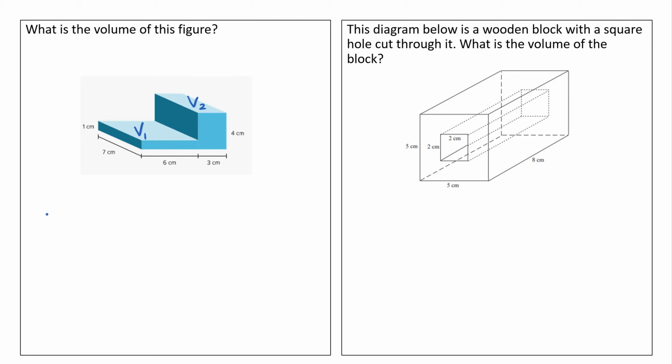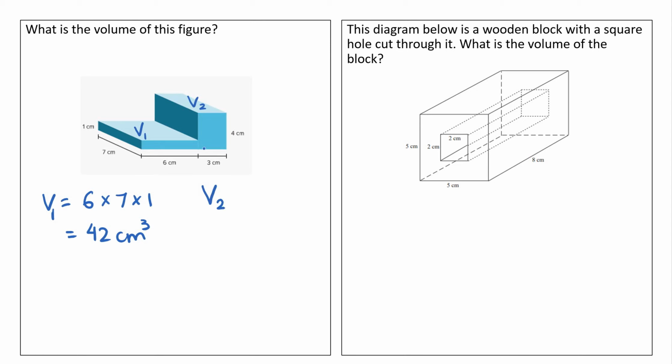So volume 1 is just 6 times 7 times 1, length times width times height, which is 42 centimeters cubed. Sorry, that's volume 1. And then volume 2